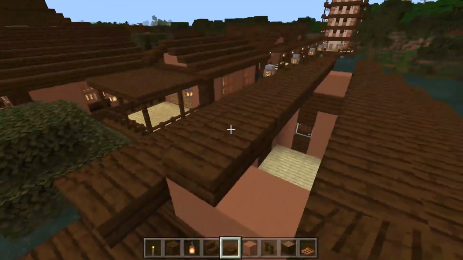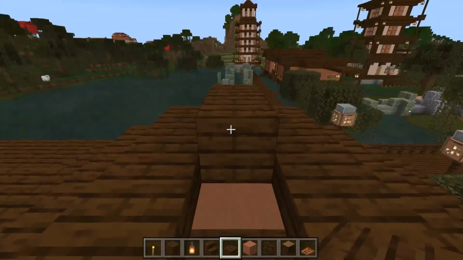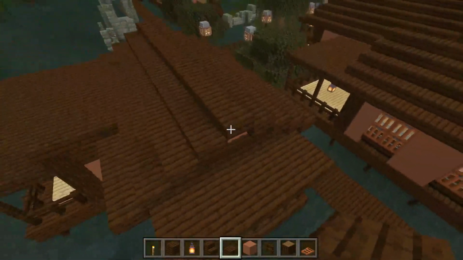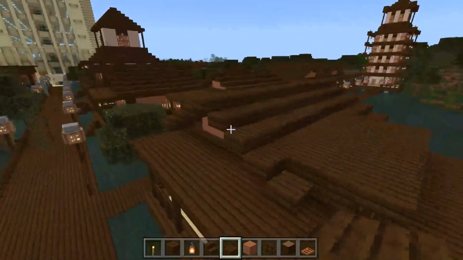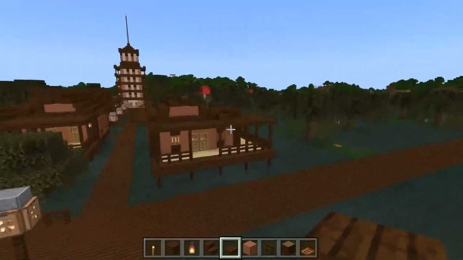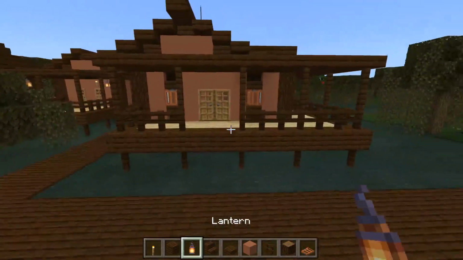Alright, same thing up here. And then finish it off with this. Alright, and then I usually like to extend the very last part of the roof out an extra block. Kind of give it a point. So there we go. Got a nice looking little